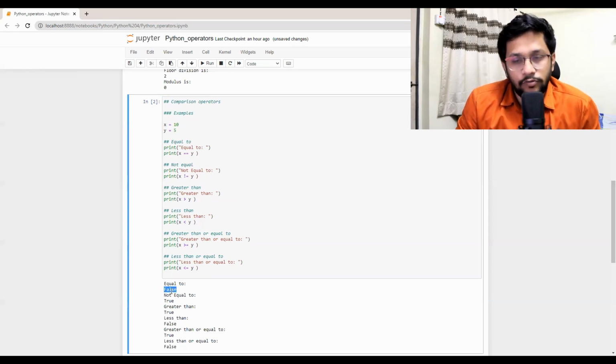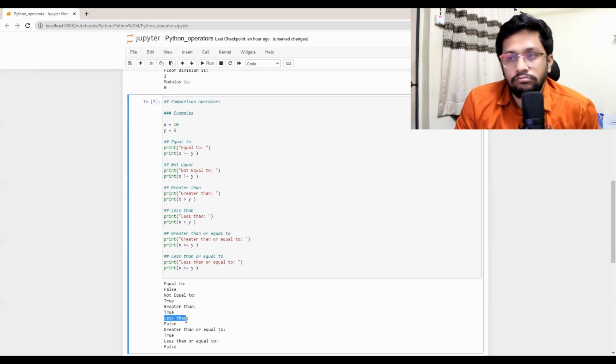Equal to is false. Obviously 5 and 10 are not the same. Not equal to is true. Correct. Greater than is also true. Yes, x is greater than y. Then less than is false. Correct. X is not less than y. Greater than or equal to is true. Correct. Less than or equal to is false.